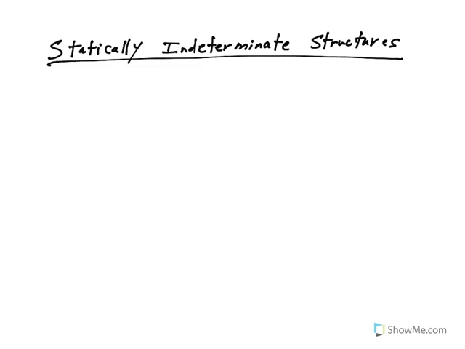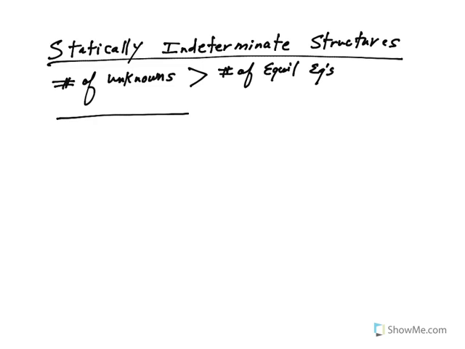So the first question is, what is a statically indeterminate structure situation? Basically, whenever the number of unknown reactions in a problem is more than the number of useful equilibrium equations, then the problem becomes statically indeterminate. So for example, I'll give you a very simple example. If you have a simply supported beam with some kind of loading acting on it,